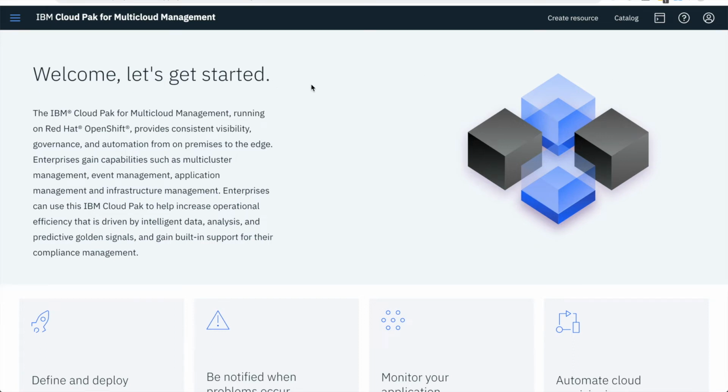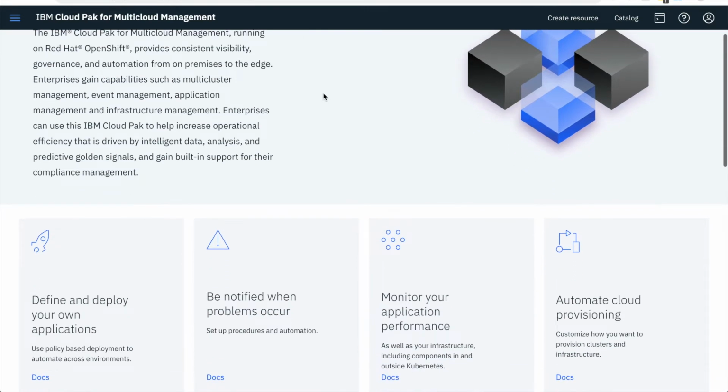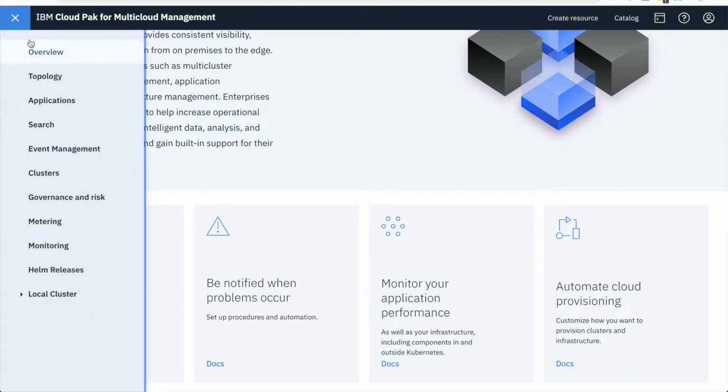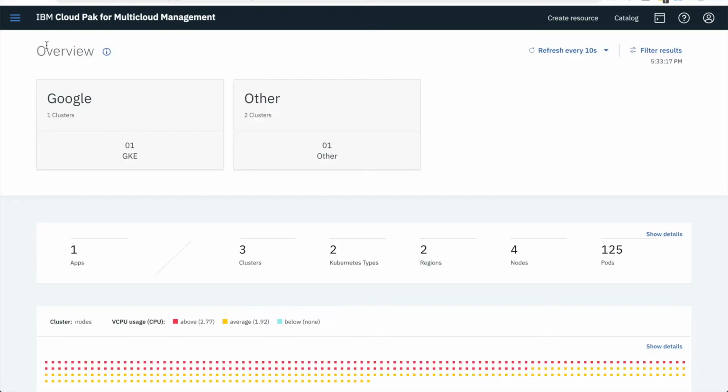Welcome to this demo of the IBM Cloud Pak for Multicloud Management. Today, we will explore how to use placement rules and placement policies to move application components across clusters deployed to different cloud providers. We're currently using 3 clusters, 1 running on Google and 2 running on OpenShift on another cloud